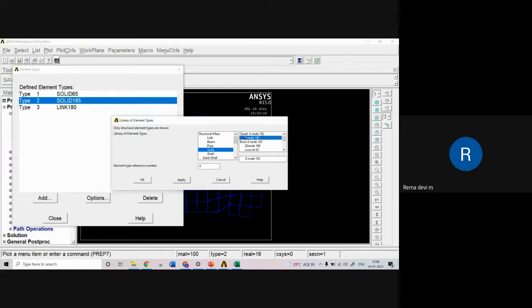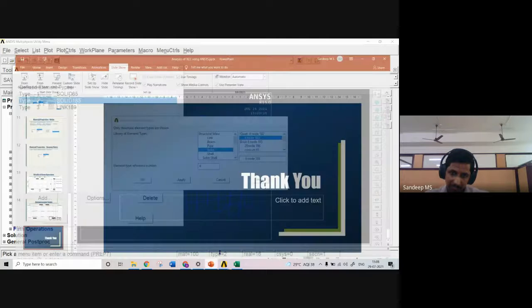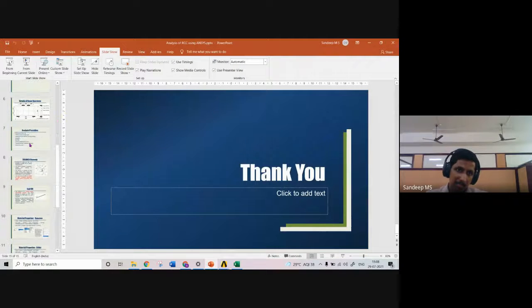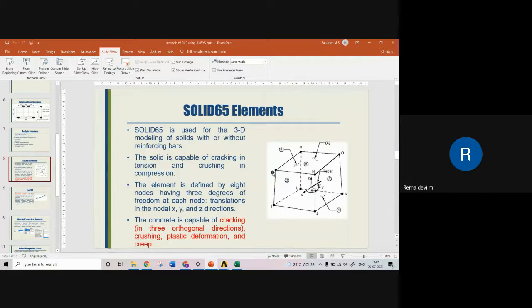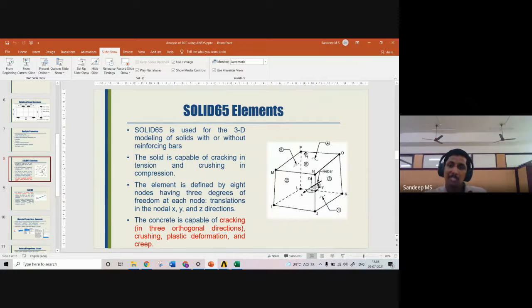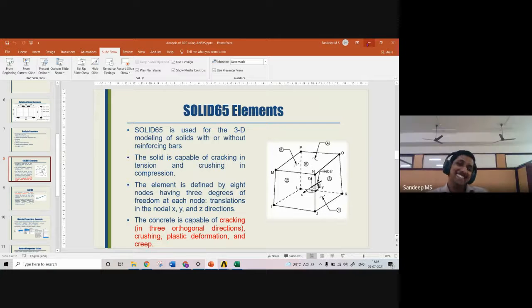So this 8 actually represents the number of nodes. In the case of Solid 65, I have shown you a figure. This is basically the pictorial representation ANSYS has given for Solid 65. It is actually having 8 nodes, and we permit 6 degrees of freedom at each of these nodes.